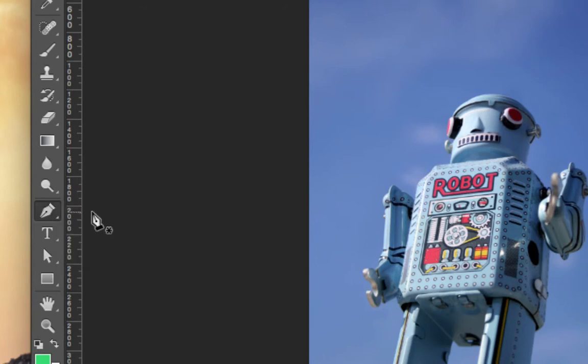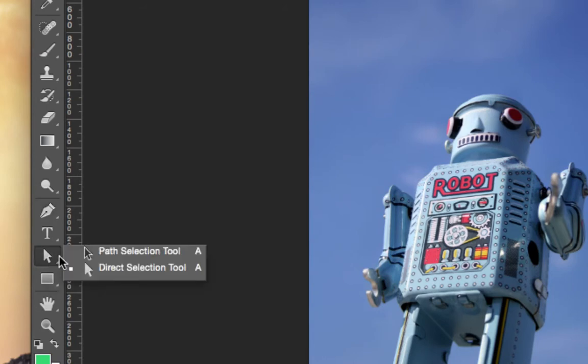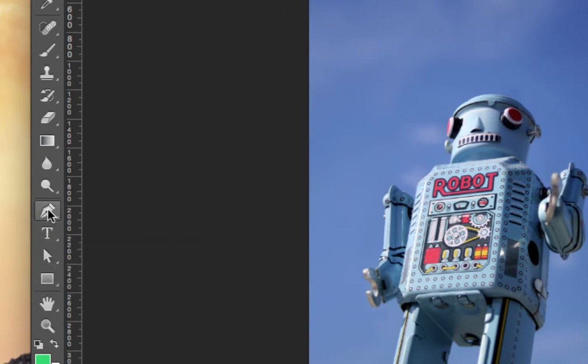So I need the pen tool for now. And then to move the anchor points, we will be using the direct selection tool when we go to clean this up. So initially we use the pen tool, and let's go to our